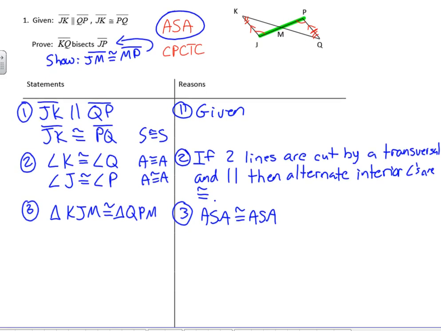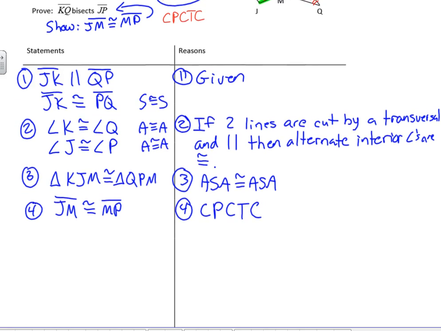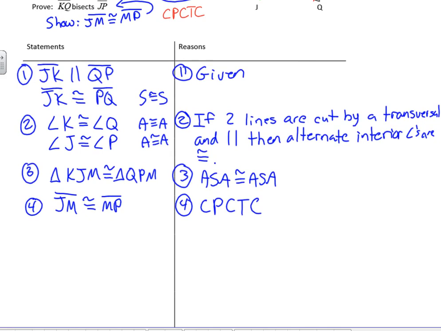Okay, so now we've proven that the triangles are congruent, so therefore we can prove that their parts are congruent. So JM is congruent to MP. Corresponding parts of congruent triangles are congruent, or CPCTC. It's hard to say that fast. Okay, now this makes me think of some kind of fighter guy. CPCTC. Yeah. Anyway, now that we've said JM is congruent to MP, we can say KQ bisects